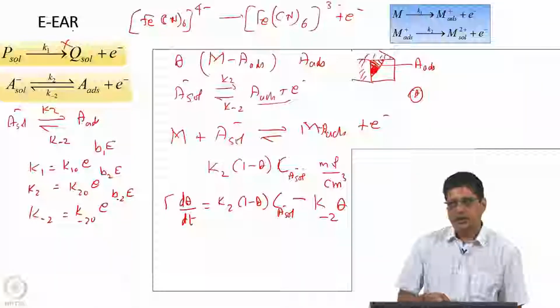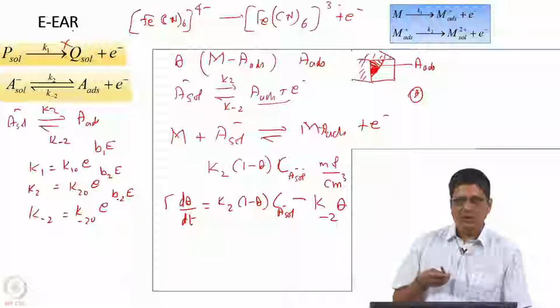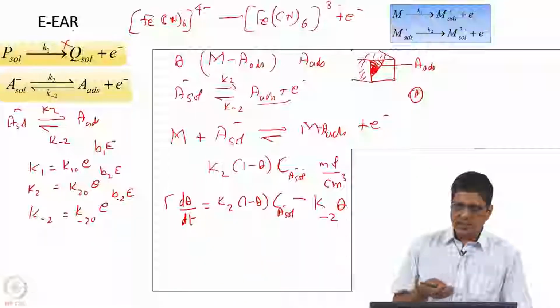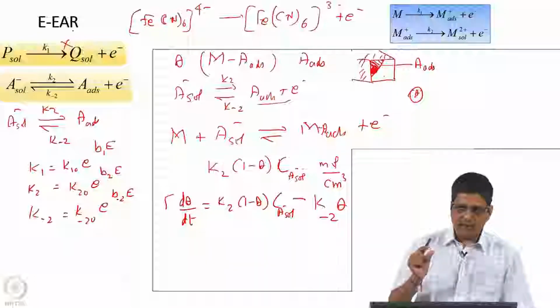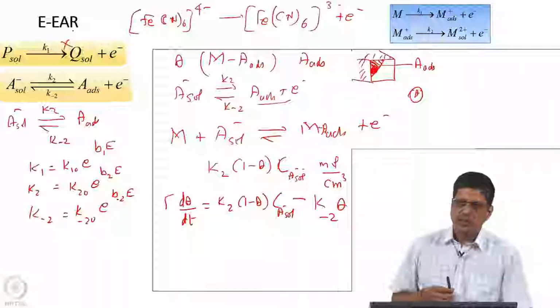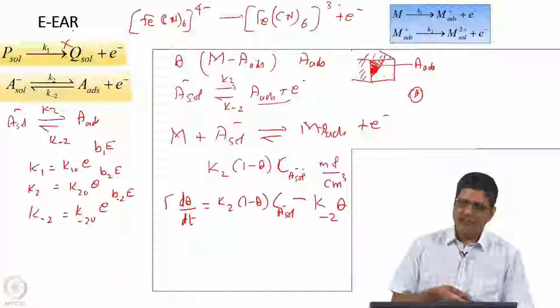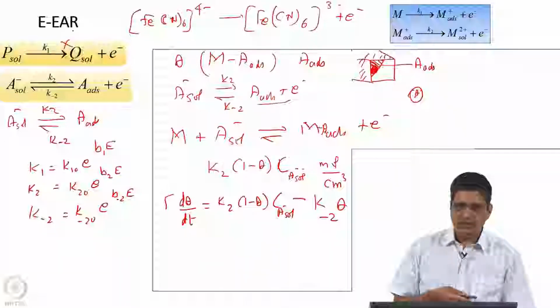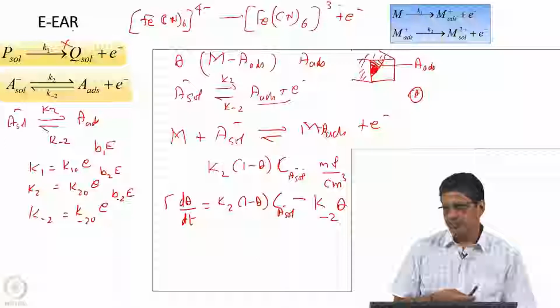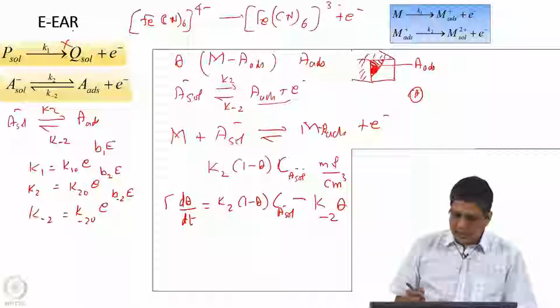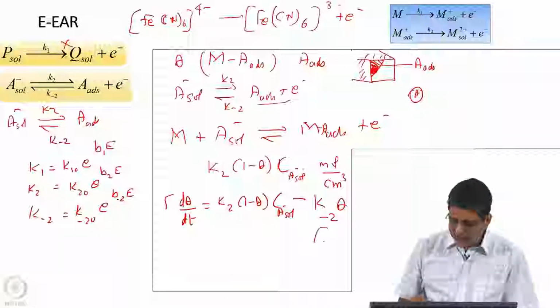You can increase the electron, decrease the electron, but we do not count the electrons. It is easier to measure the potential, and when you change the potential the rate constant actually changes. That is why whenever an electron is involved in the reaction, we make the rate constant a function of potential. When there is no electron transfer, we say it is independent of potential. So, you would like to write this as K2 theta into number of electrons.